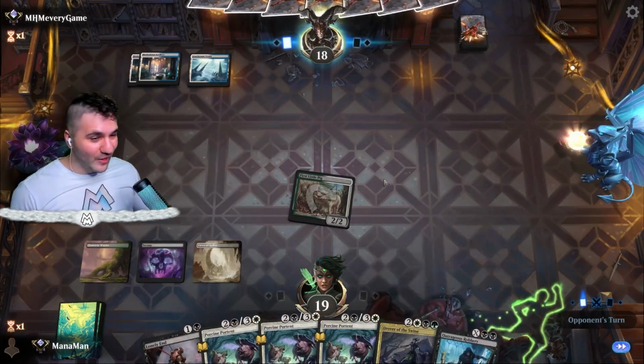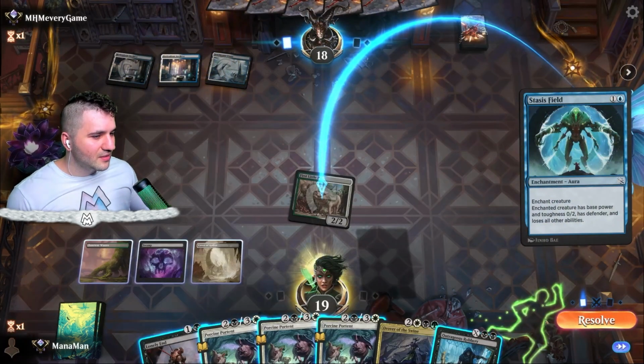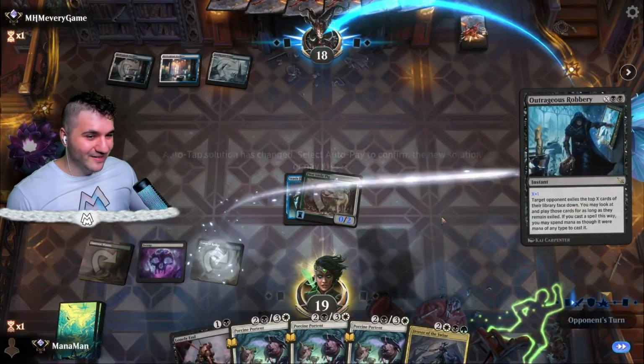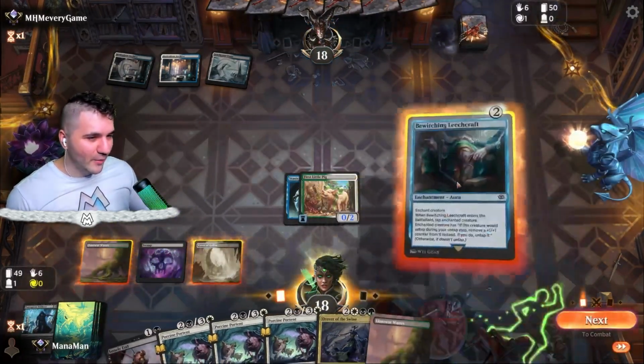You know what? I think I'm going to go for the Outrageous Robbery for 1. Just to see... Stasis Field. Okay, that's fine. Let's go for the Outrageous Robbery. I'm going to go X equals 1. Maybe we steal a land. Yeah, I mean, worst case... well, okay. Well, we do draw into a land anyway, so...